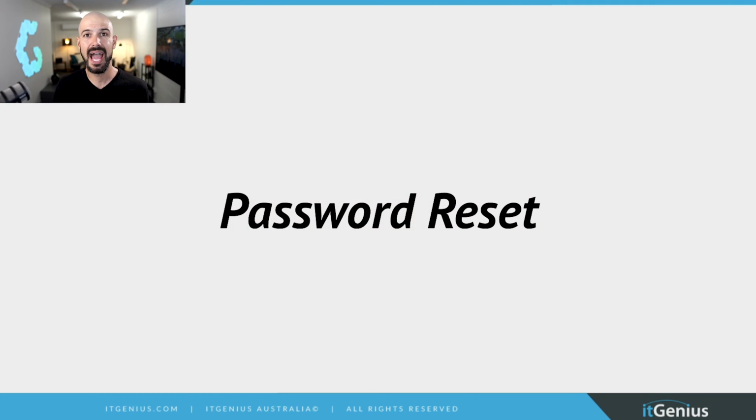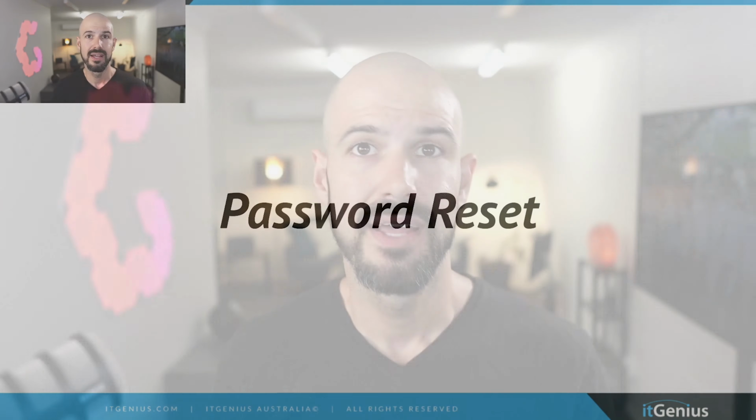The next way that someone can get access to your account is through a password reset. And this is basically like the smoking gun for anyone working in any kind of Google business. Basically, any admin is able to reset the password of any other user within the business, and then they can effectively log into the account. Now, it doesn't matter if you have your phone registered or set up on the account as a two-factor authentication device, because an administrator has the ability to generate backup codes, which means they can effectively circumvent you needing to have your mobile phone on you to get access to that account.